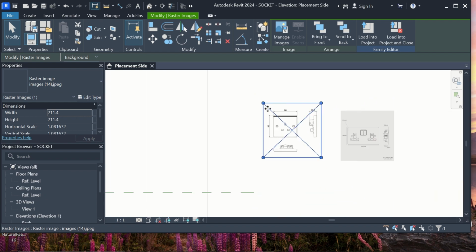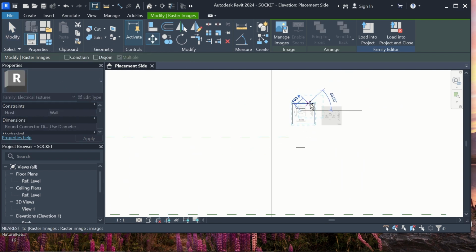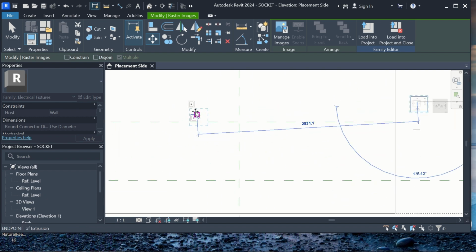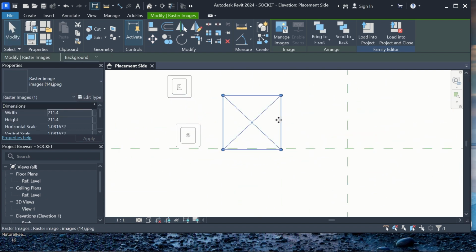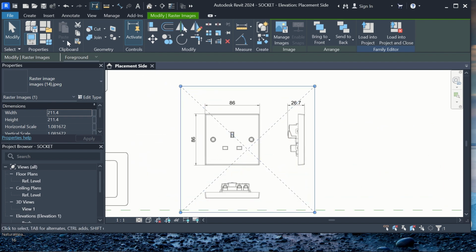So this is okay. So I'm going to move it to the front of the wall here and create. I'm going to change it from background to foreground. So I'll use the